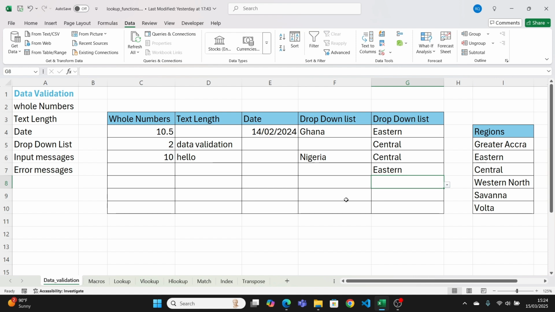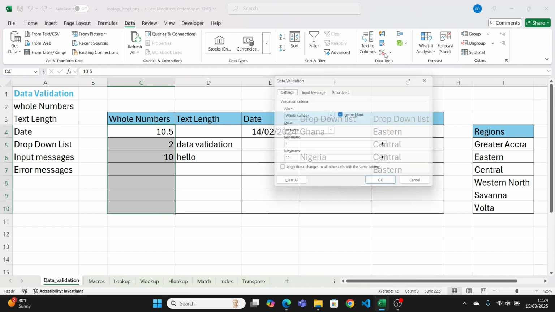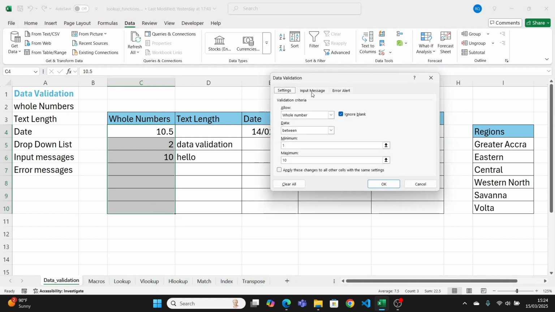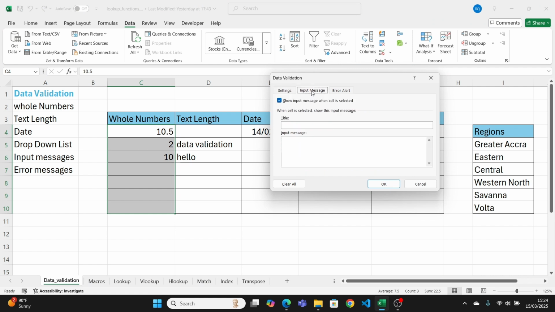You can also set the alert for the input message. For instance, if I click on this cell, I want to display a message to let me know that there's a validation there. So what I can do is go back to my data validation, then at the input message, I click on it. Here I can set a title and message. Here I just want to add the message. So I want to tell the user to enter